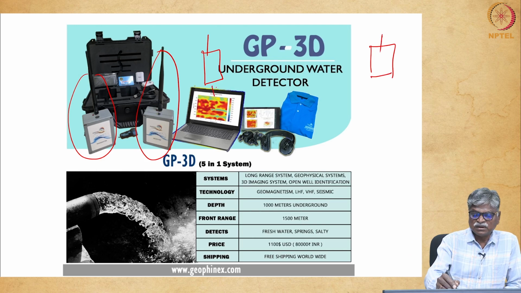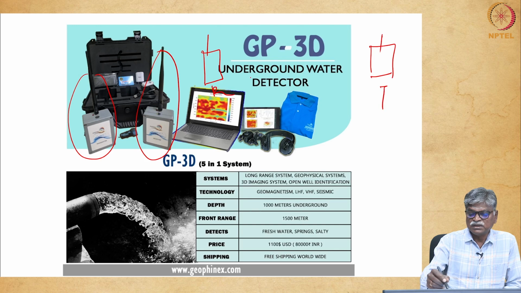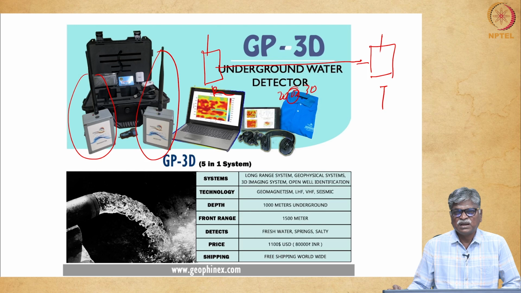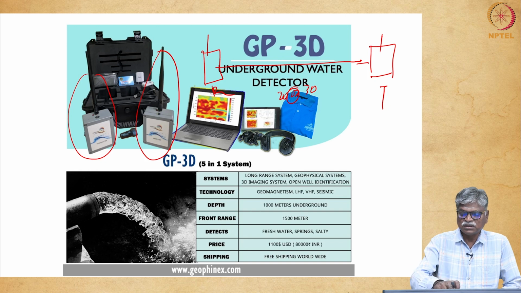It is the receiver, it is the transmitter. One receiver and one transmitter should be kept far away, for example 30 meter, or 20 meter, whatever your required information and your area need, accordingly we can put it. If you keep a smaller distance, the accuracy is more. If you put 30 meters, then